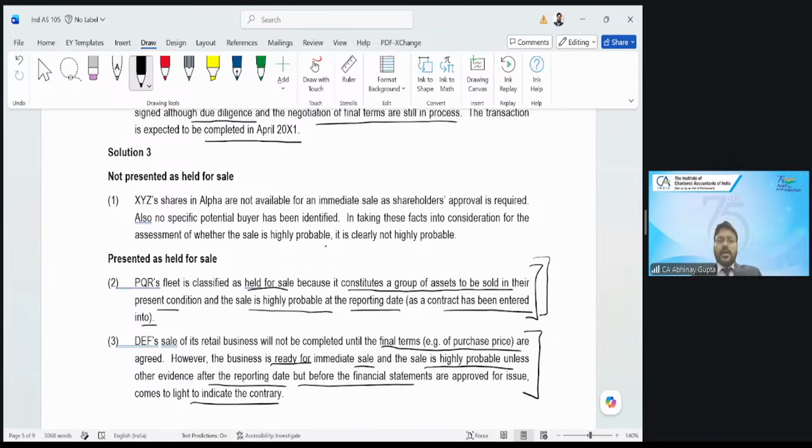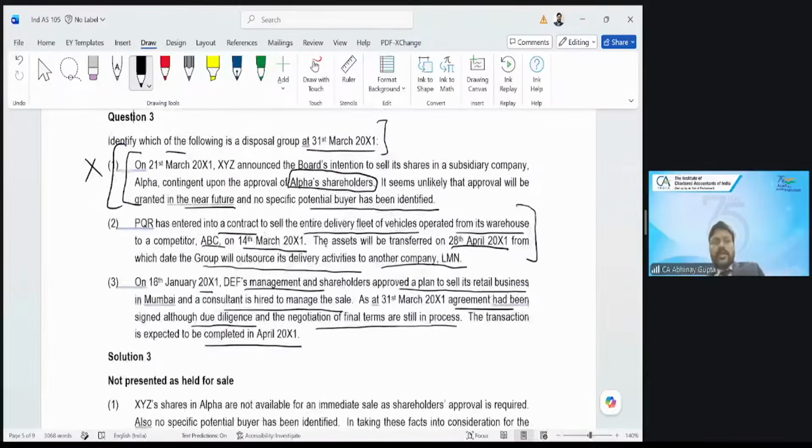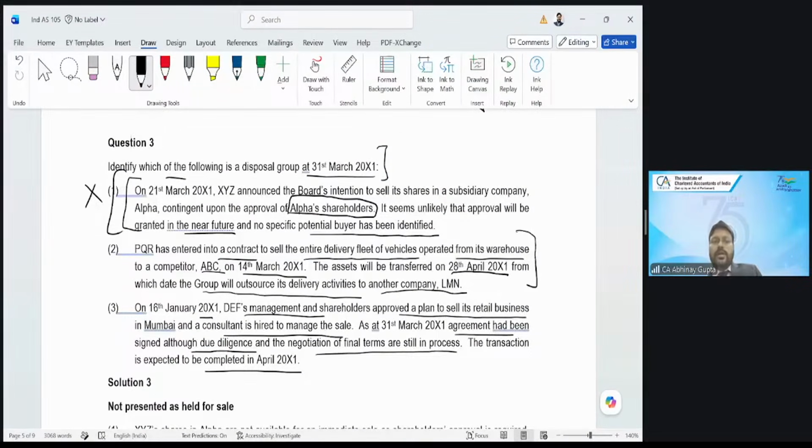So basically, what was the key learning from this question? The key learning is that we shouldn't be going by our gut feeling. We should give more weight to the facts of the question rather than forming assumptions of our own, right? We would be reading the facts carefully and analyzing those facts in the light of the 6 conditions prescribed by Ind AS 105. If those 6 conditions are being met and none of the 6 conditions is